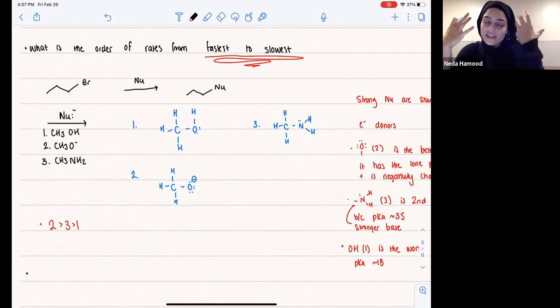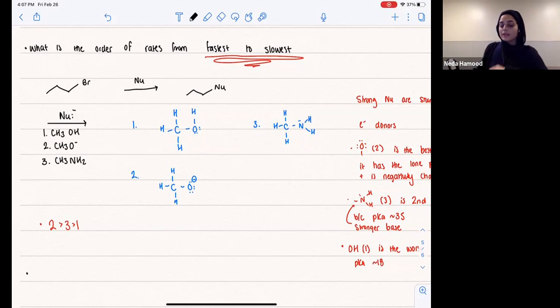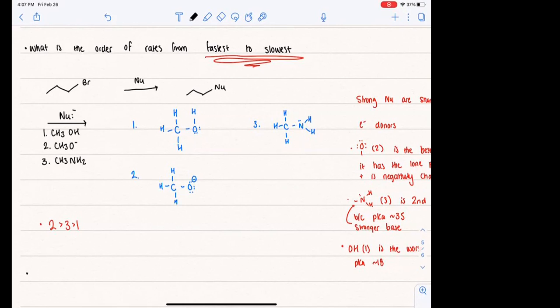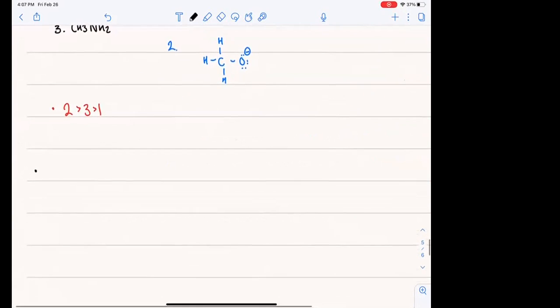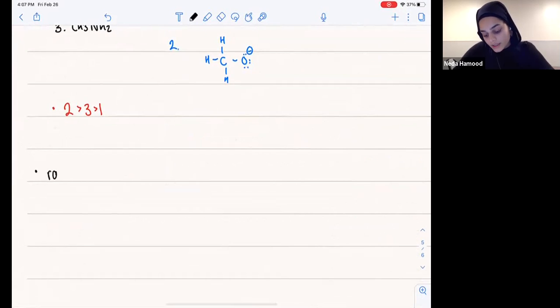Yes, well, this is just clarification in case Dr. Dowdy asks something like this on the exam. You guys just know now that NH2 is a stronger base than OH. Cool. Okay. Perfect. Okay, so next thing that we have here, rank the following